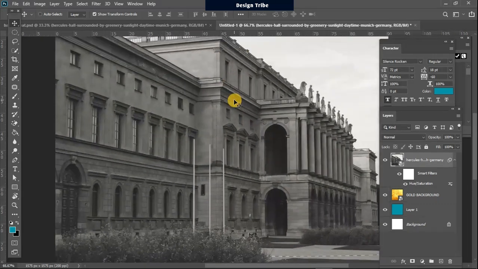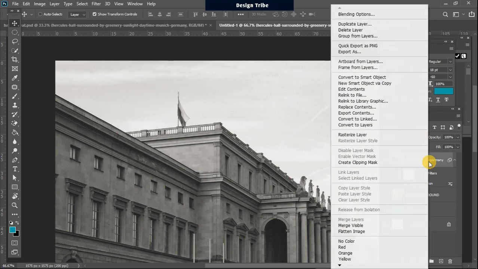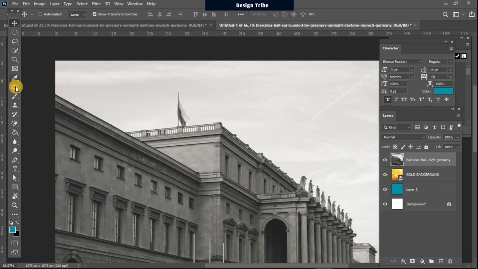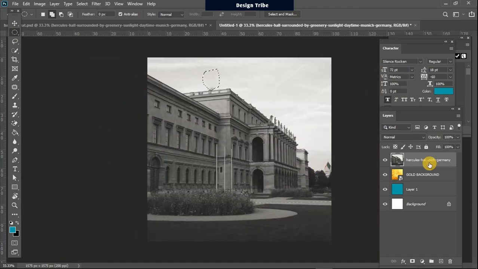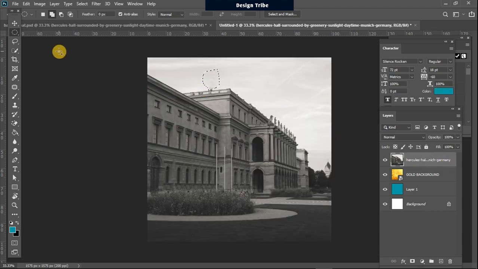Then I don't want this flag in the design, so I'm going to rasterize this layer. Then I use patch tool to cut out this flag. Okay, once that is done, now I'll create a mask on this layer. Undo. Okay, I just select that section before creating the mask. Once the mask is created,